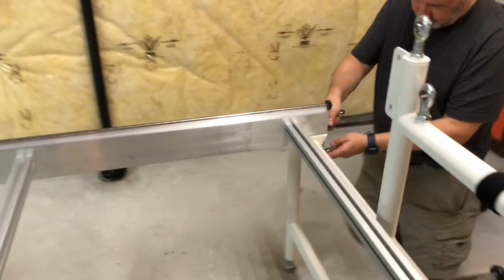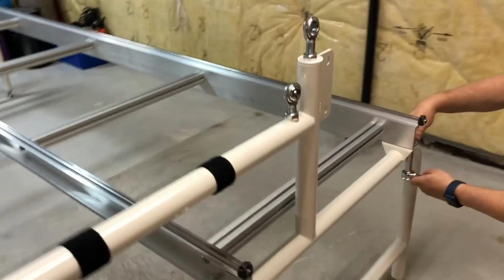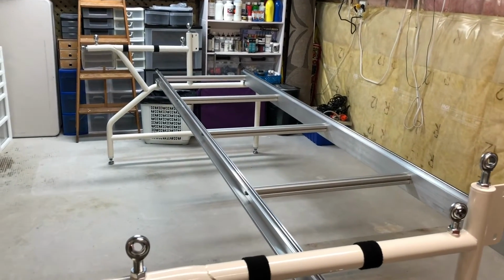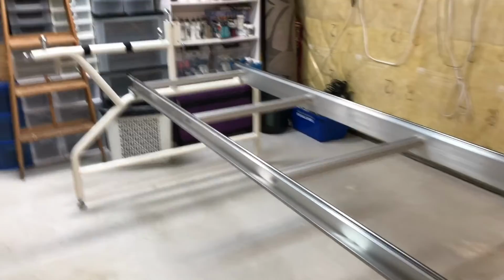Yeah, how long have we been working on this now? Well, it's been about an hour and a half. Yeah, that's because we couldn't find our nuts. Yeah, but now we found the nuts, so we've got that together. So far it's not difficult, but